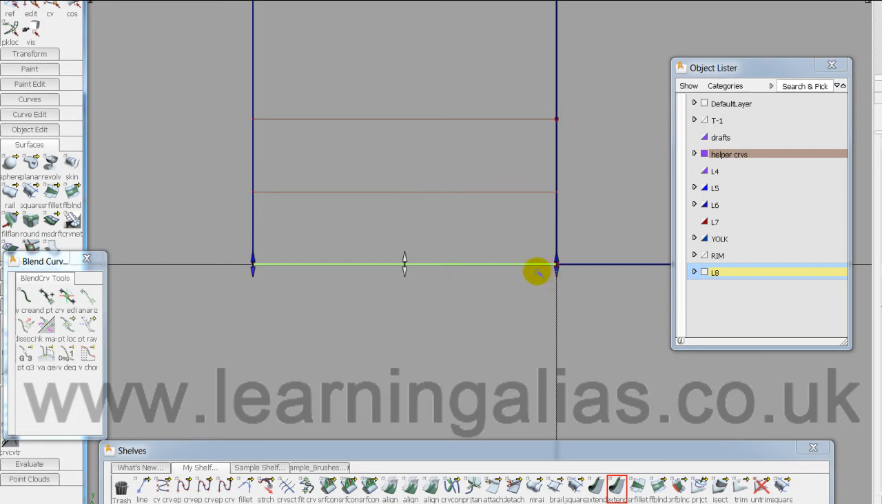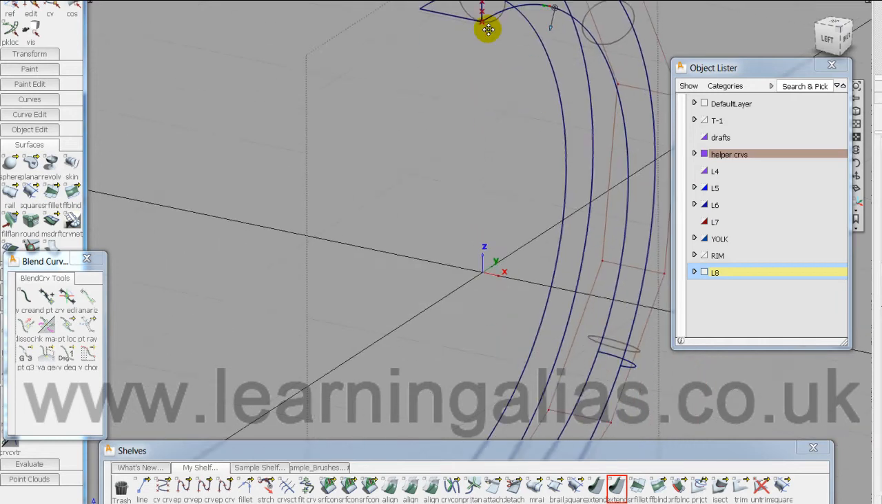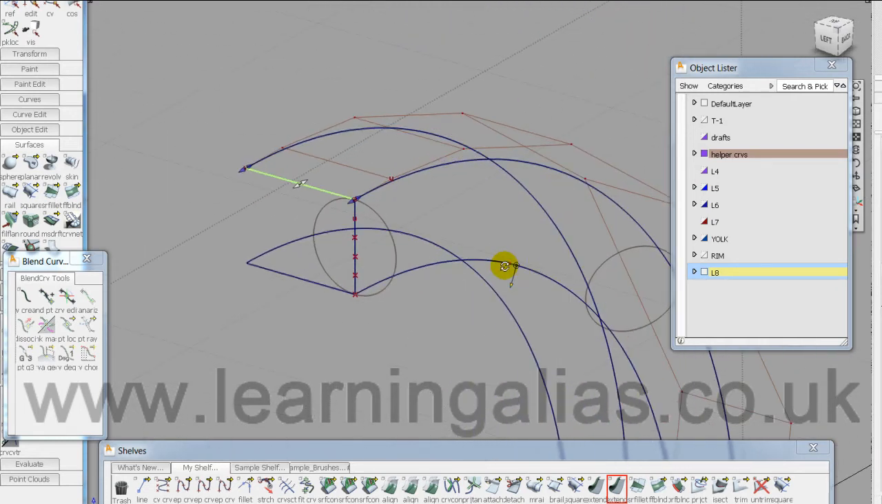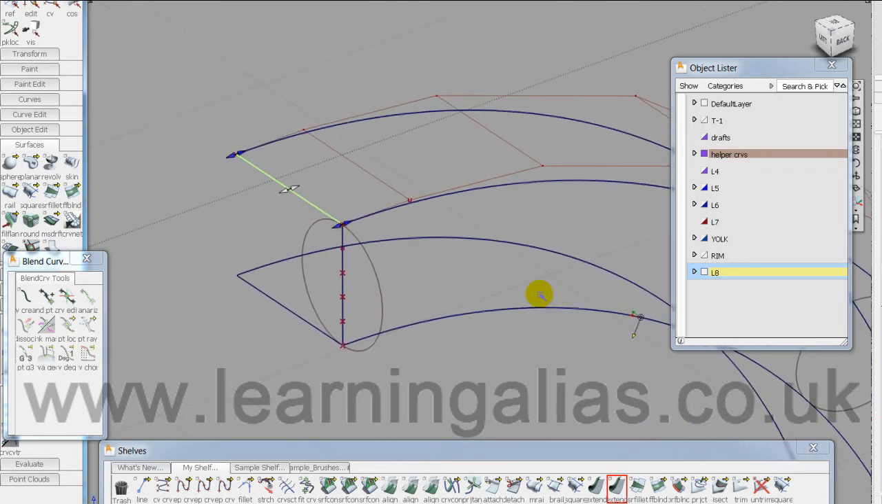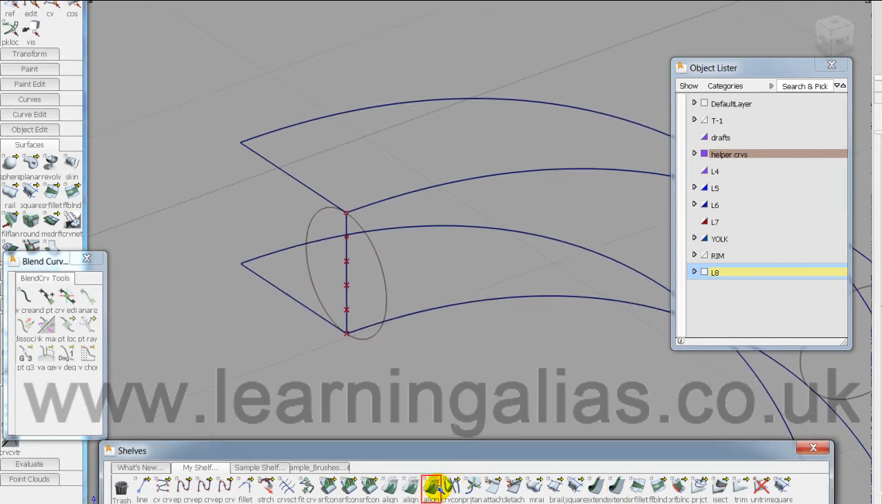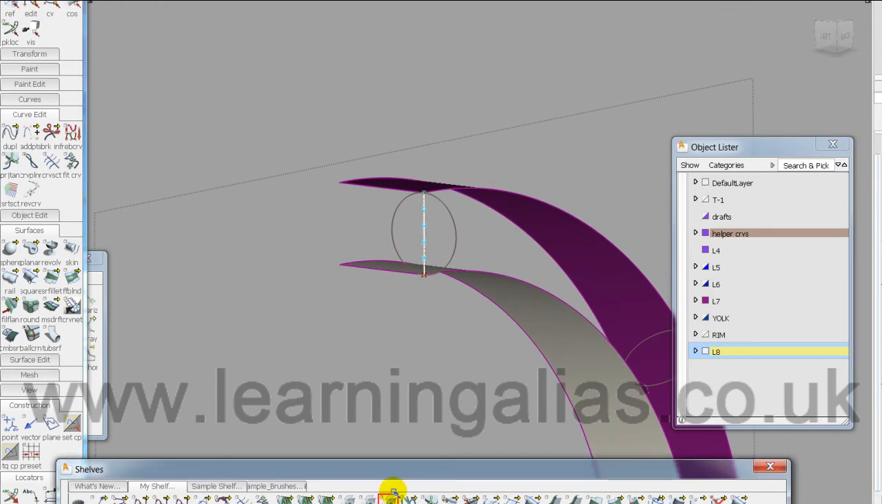So now we've got all 4 surfaces. That's the top 2 there and the 2 here. They're all absolutely on the y-axis. Okay, we're ready to align this curve. So we're going to use edge align. Okay, we're going to edge align that